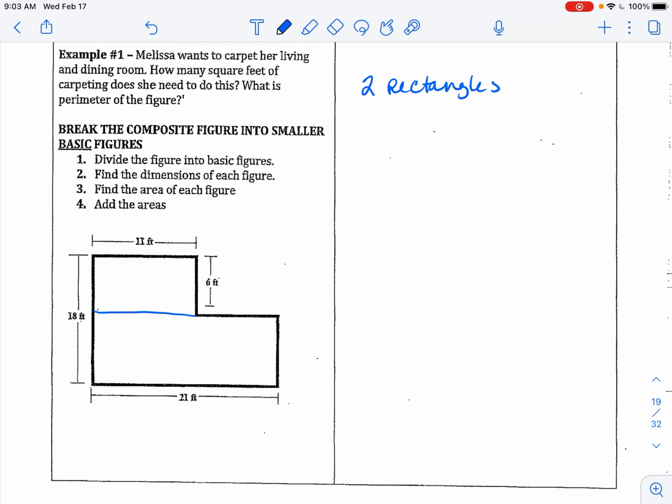This first one on top has dimensions 11 feet by 6 feet. So we know the area of that top rectangle is 6 times 11, or 66 feet squared. Area is always units squared. And then the area of the bottom rectangle,